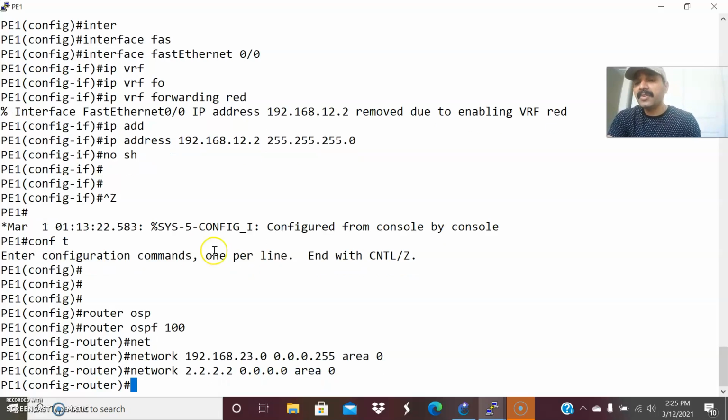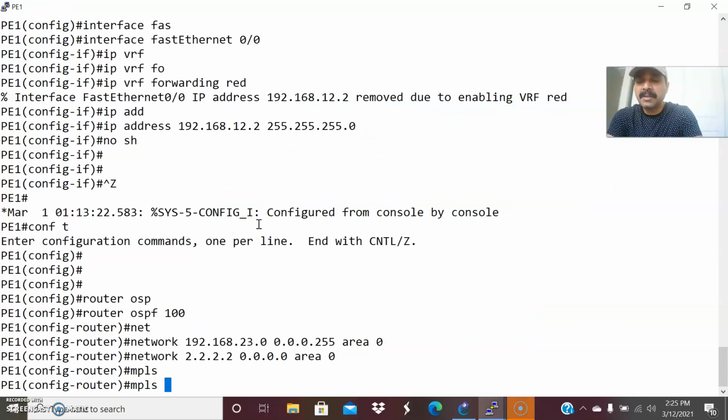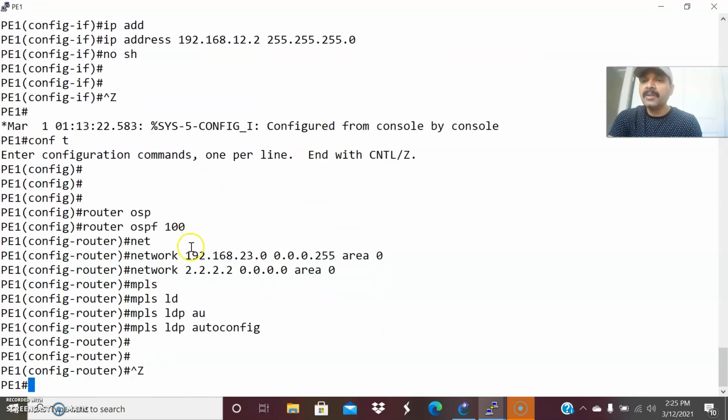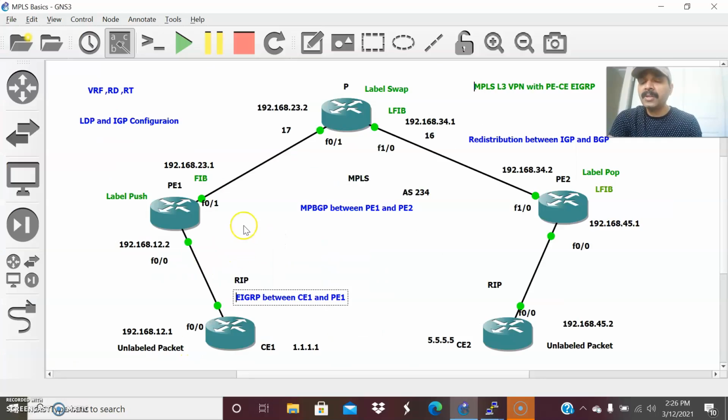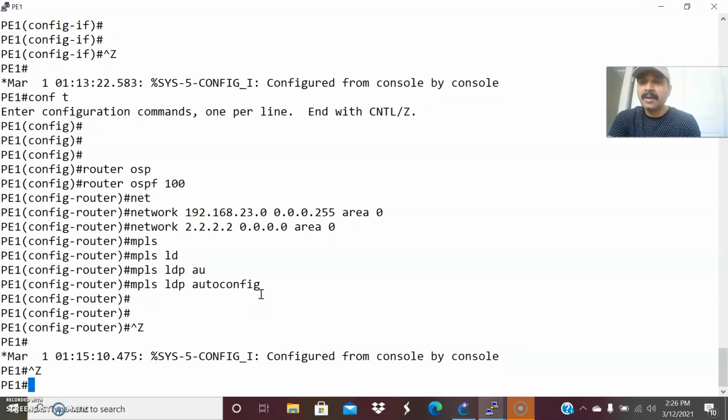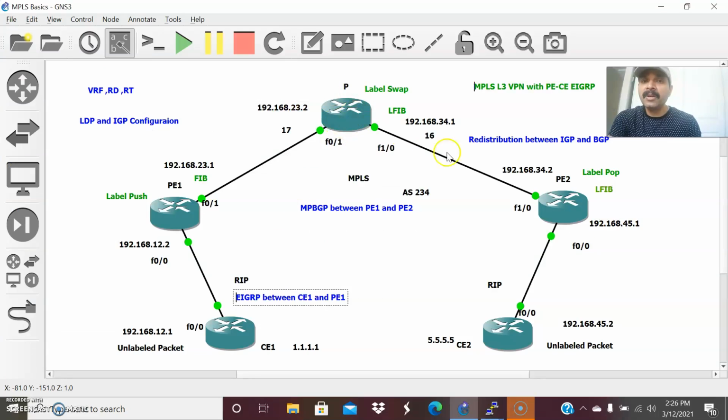Now I have already configured the IGP. Now let us activate the LDP. The MPLS configuration is mpls ldp autoconfig. Either I can do it under OSPF, the routing protocol, or I can configure it on the corresponding interfaces. The command there is mpls ip. So both ways I can enable MPLS. I'm just enabling the LDP autoconfiguration. After that, I am going to perform this on the provider router and the PE2 router. This LDP configuration we have to configure only on the MPLS cloud.